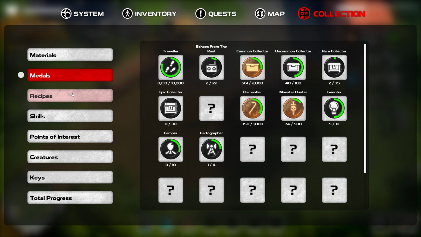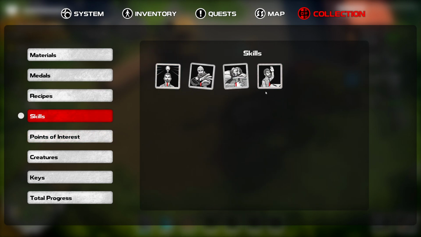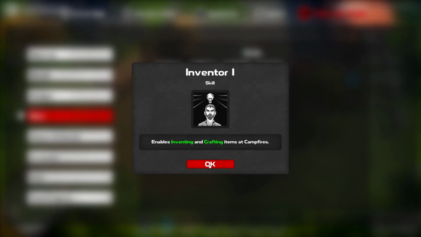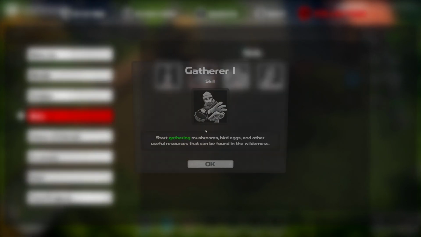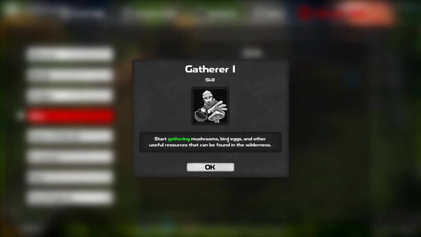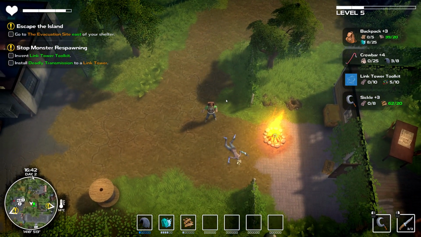Let's see if I eat my words here, because you can actually do it somewhere. Oh, there's the skills. Inventor 1 enables it. Oh, I didn't know that was a skill. Oh, I guess that's why we didn't get to choose one for the level 2, because we just got Inventor. But okay. And then, yeah, we... Gathering... Yeah. We haven't found any bird eggs yet, eh? Okay. So...